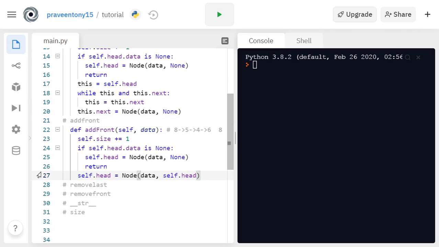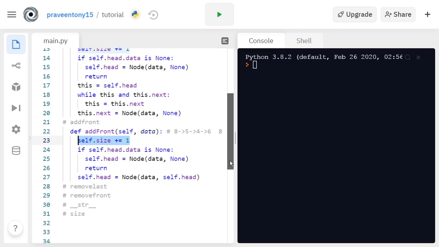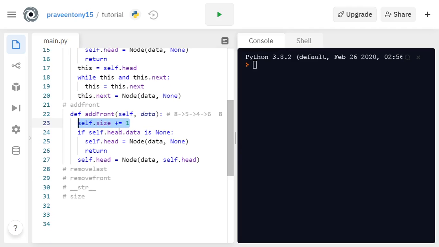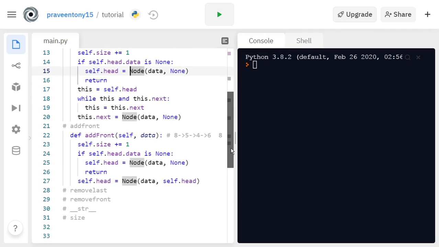So the add friend method is simple. It will have a parameter data, because we want to pass an argument data since we are adding an element. So basically this is the base case, where we are incrementing the size by 1 because we are adding an element. And if the list is empty, the same case as here, we want to set the head to this new node. So the same code goes here, we want to set the head to the new node. And if it is not empty, we